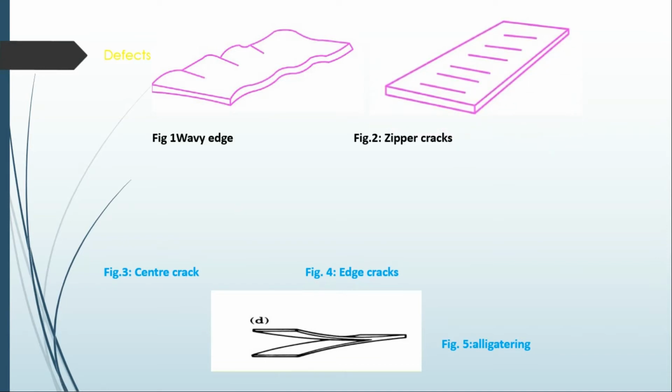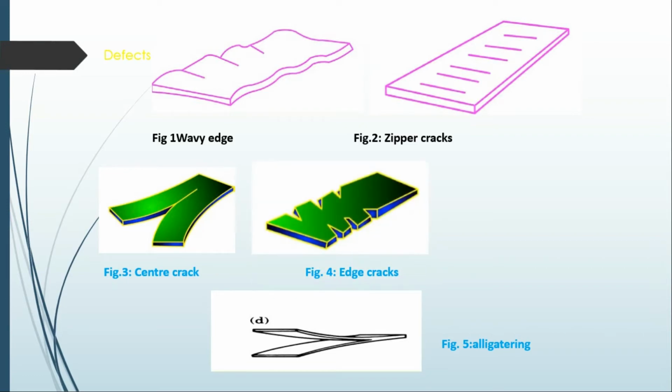In zipper cracks, at the center point we will have some projections and a loss of material, which is called zipper cracks. Center crack is when the center is peeled into two shapes, something like a zip. And edge cracks, where the edge will not be uniform. Maybe if you have a lack of material, this will happen. For the previous cases, if the forces are not adjusted with the rollers, it will happen. And if you are not choosing the rollers perfectly, that also will happen. If the energy is not sufficient to deform into the required shape, it will happen.